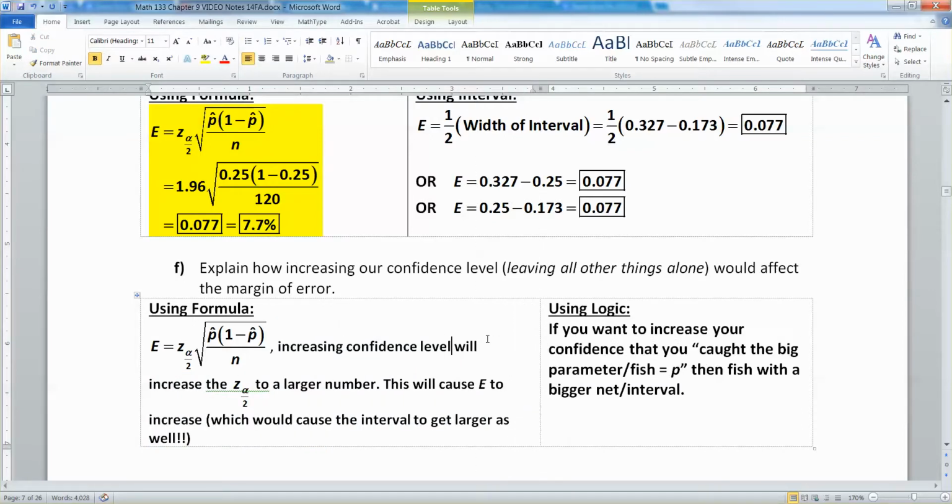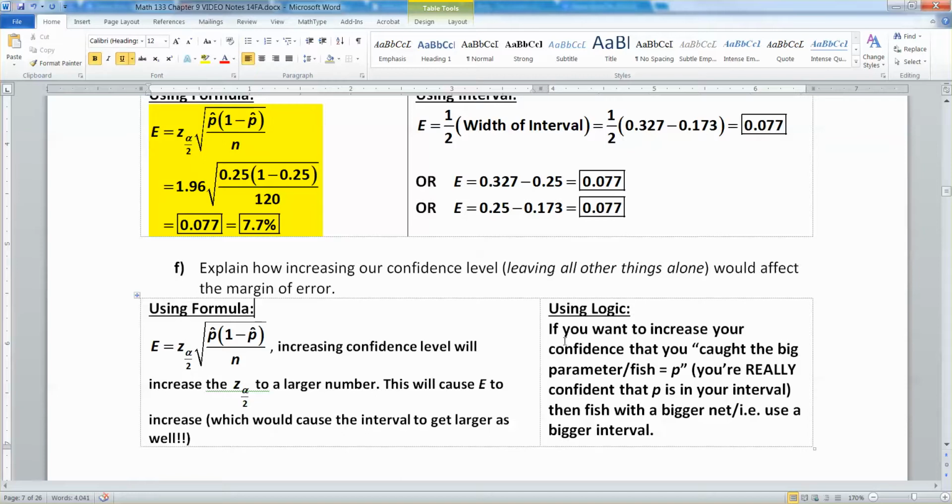Let me just use a little bit of logic here with you. If you want to increase the chances, the confidence, the surety that you caught the big fish, right? You caught that parameter. You don't know, but you're really sure that that parameter is in this particular zone. So let me just say you're really confident that P is in your interval. Then you need to fish with a bigger net, i.e. you need to use a bigger interval,